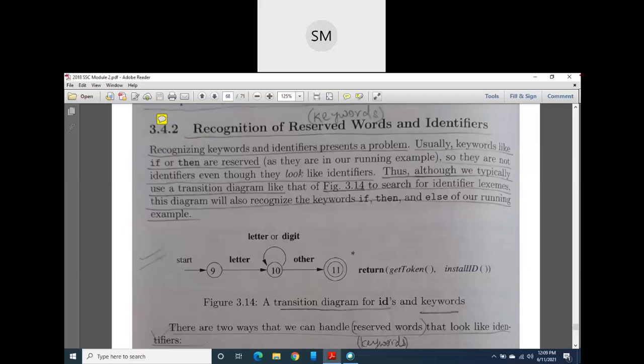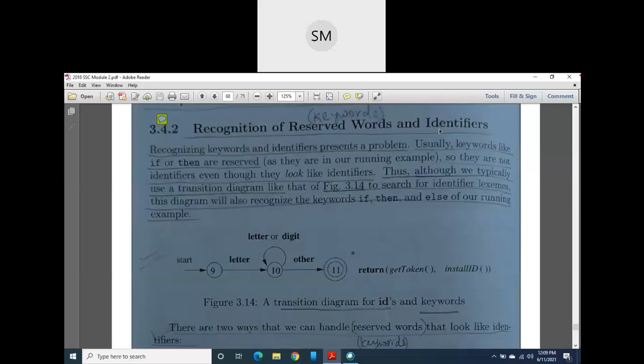Here, since I am using only if-then statements, that is conditional or branching statements, I am interested only in relational operators. That's why I have drawn that transition diagram for relational operators. Now I am going to recognize the reserved words, that is nothing but keywords, as well as the identifiers. So the first thing I am going to do here is,